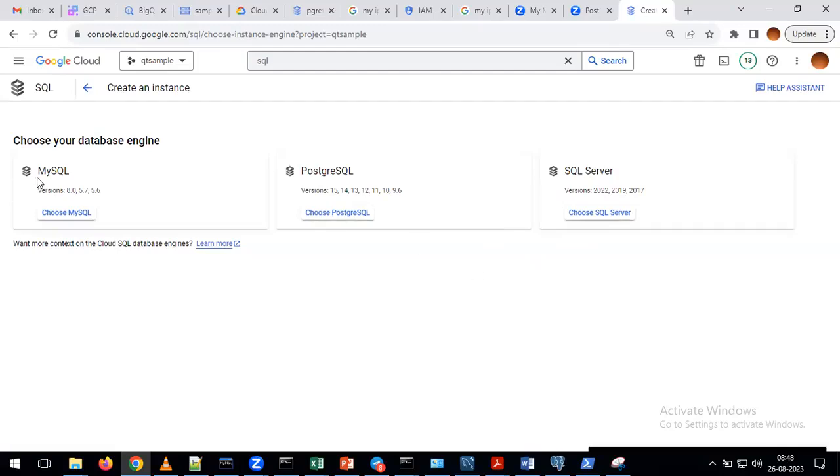But coming to here, we already discussed MySQL. For that reason, as part of Cloud SQL, we are going to discuss PostgreSQL. With that, you can get some understanding of one more SQL as part of our course. Okay, so we clicked on create instance. Now my requirement is to create the instance for PostgreSQL. For that reason, just click on choose PostgreSQL.